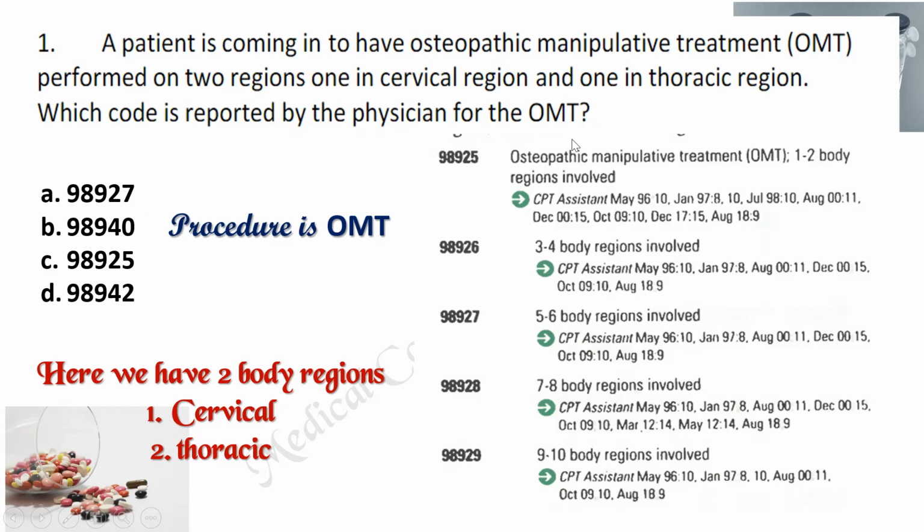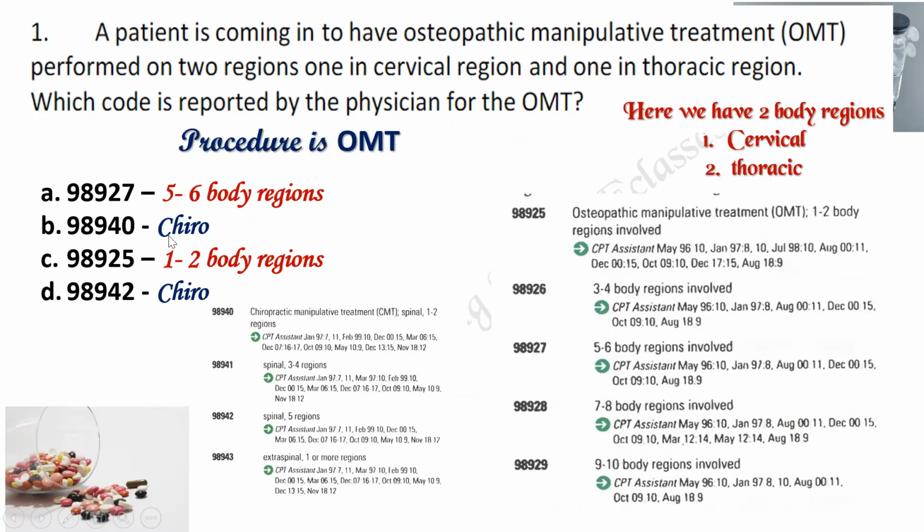So, the procedure? This is OMT. Procedure is OMT, and the number of body regions is 2, that is cervical as well as thoracic. So we have 2 options. A option is OMT and C option is also OMT. But B and D